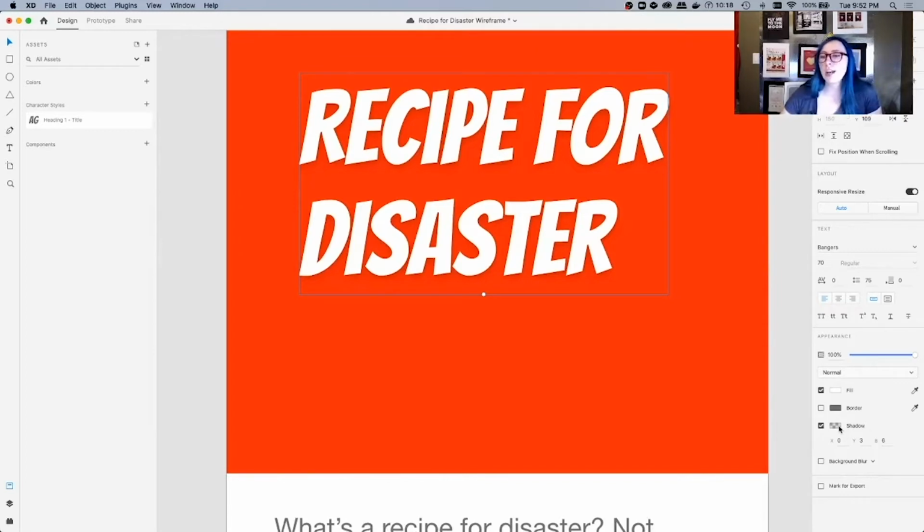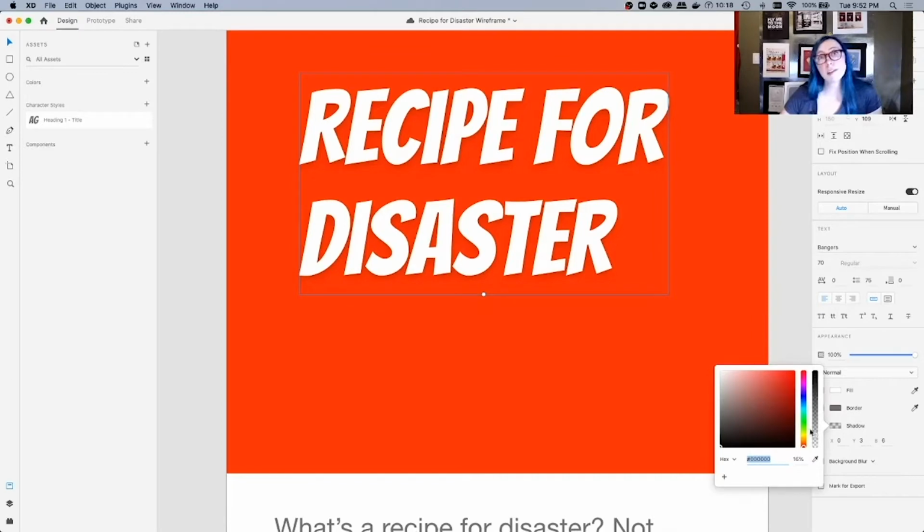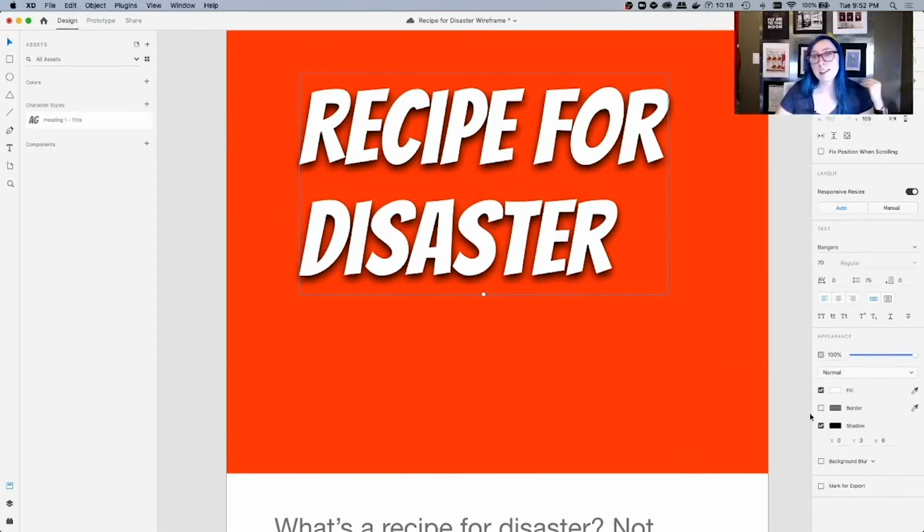So the default shadow, to change it, you just click on the color and notice you have this transparency slider. I don't actually want it transparent. I want something with a lot of harshness to it. I'm gonna bump it all the way up, and then instead of having a blur, the B value here, I am going to turn that down to 0 so that it has a really harsh line to it. See how that almost immediately looks more comic booky?